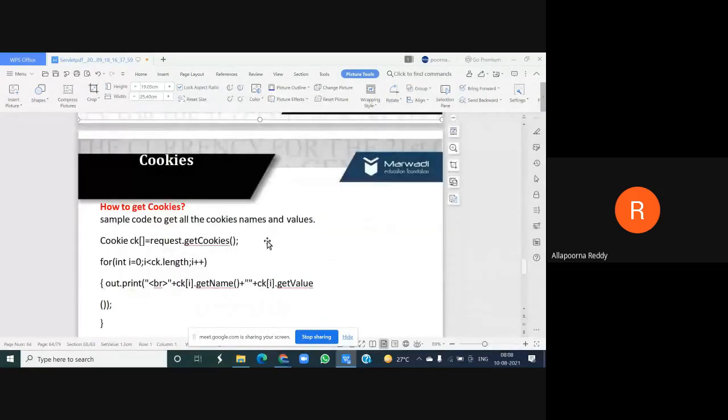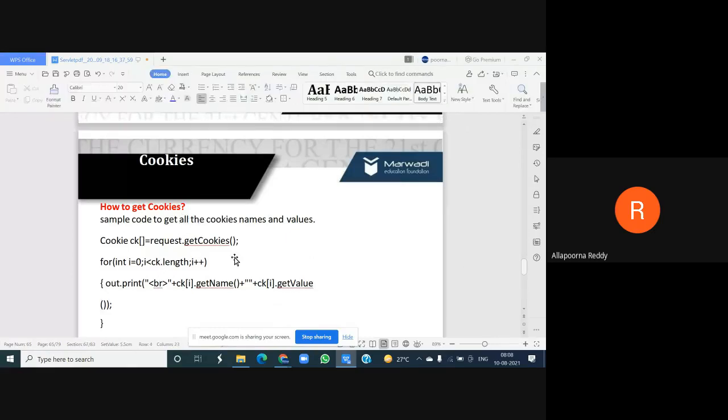Now, to get your cookies, right? To get all the cookies, names and their values, how are we going to do it? As I'm saying all, there may be more than one cookie. To get more than one cookie, first of all, I need to make my object with the help of an array. What syntax are we using? Response is storing, request is getting. So request.getCookies().